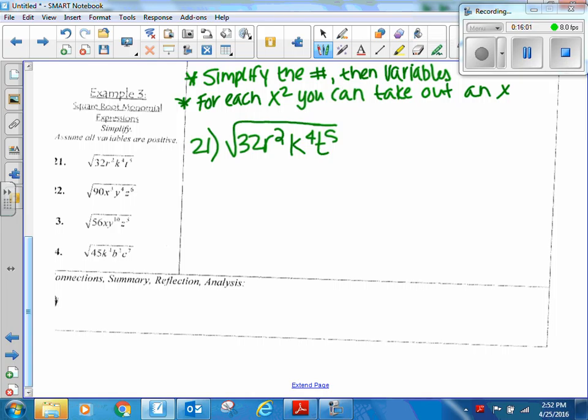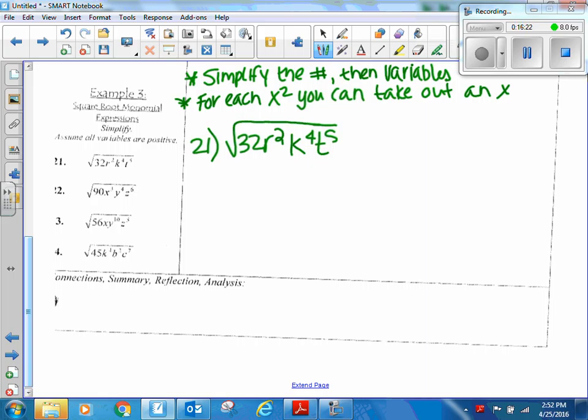So if you have x to the fourth, you could take out x squared. You're basically dividing the exponent by 2, and whatever you get, you can take out. But if there's a remainder, like look at t to the fifth, I divide that by 2. 2 goes into that 2 times, so I can take t squared out, but I have to leave